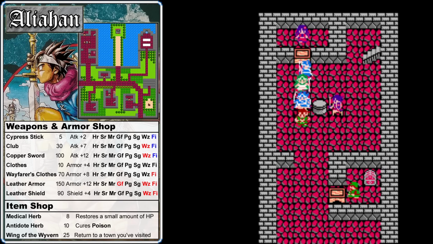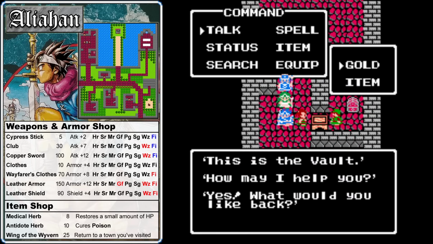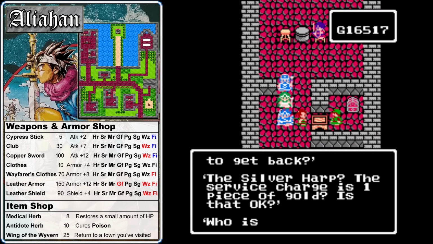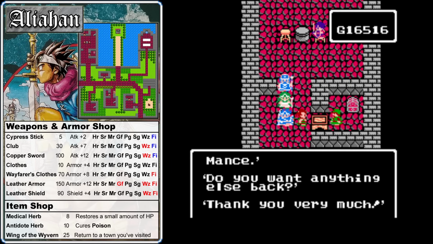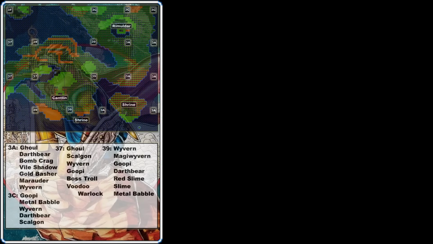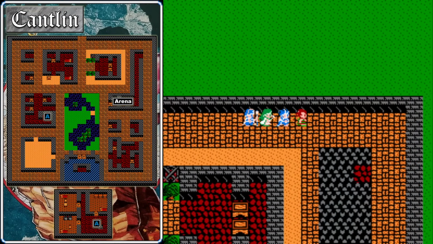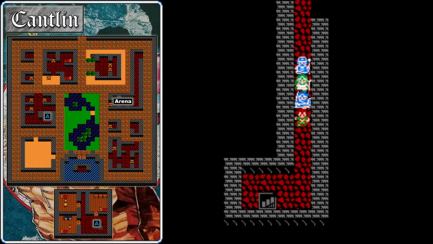That doesn't seem worth it, so we're going to use a mule character to store our more expensive stuff, and we're just going to use the vault for cheaper items, things like the silver harp, the staff of rain, the stones of sunlight, anything that won't cost us an arm and a leg to get back. To fight against Metal Babbles, we want to equip ourselves with 2 falcon swords, one for our hero and one for our sage. Falcon swords cost 25,000 gold pieces each, and we don't happen to have 50,000 gold on us